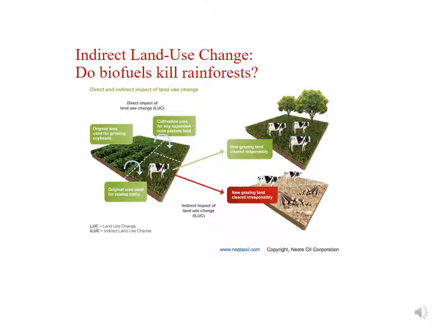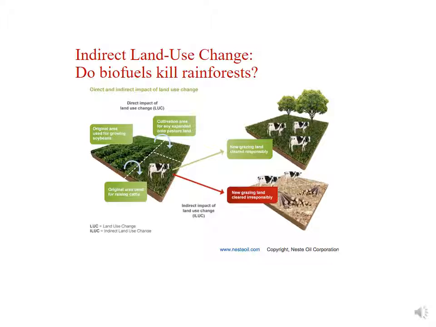the food that was originally being grown in that area will have to be made up somewhere else in the world. The idea is that the world consumes a certain amount of food, and that any net change in land use in one region has to be compensated with a change in land use somewhere else. The change from soybeans to pasture land is what's known as direct land use change, and it has direct impacts on the environmental profile of the land being used. What is more difficult to quantify is what is known as indirect land use change.